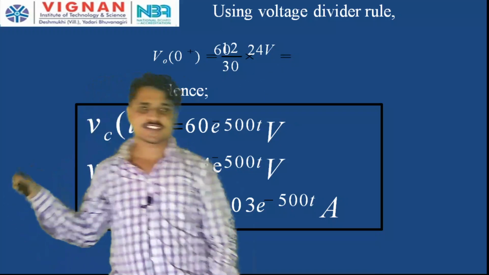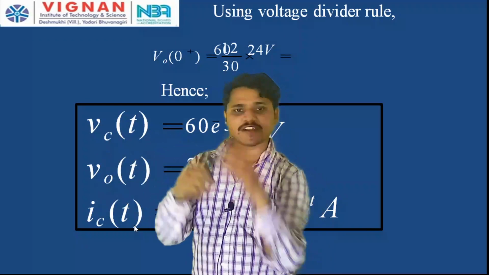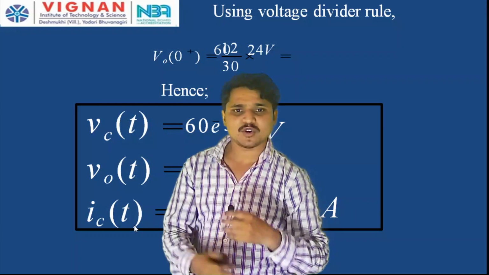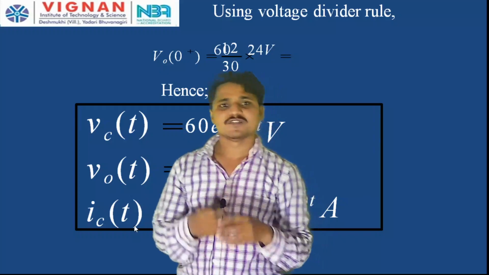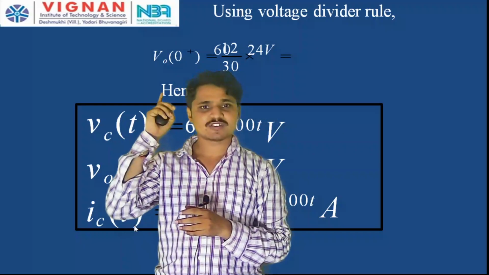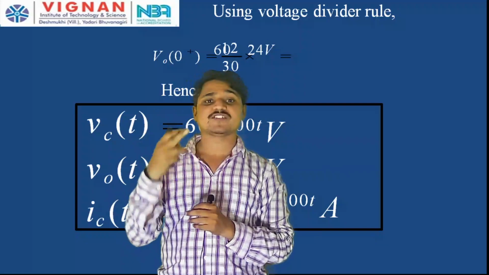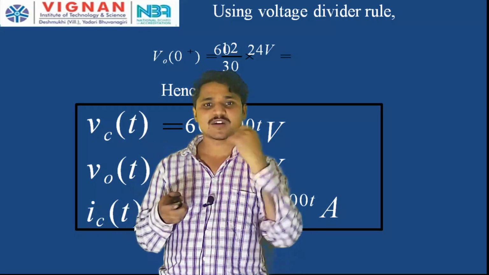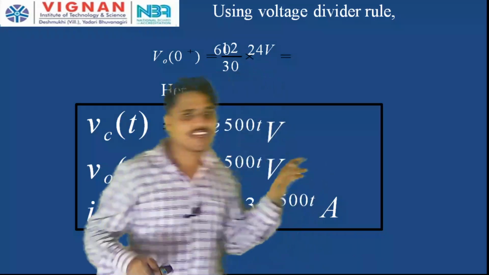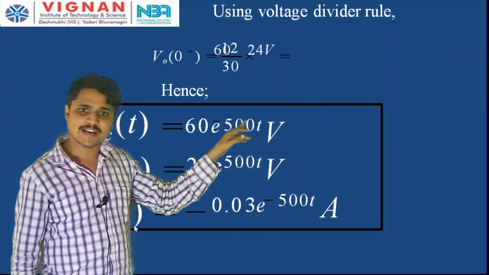Hence, what is the Vc? So therefore, we find the initial voltage. As we know, for the natural response of an RC circuit, the voltage across the capacitor is Vc of t equal to, we already derived that, V naught into e to the power of minus t by tau. What is V naught? The initial voltage is 60, we got. So 60 into e to the power of minus